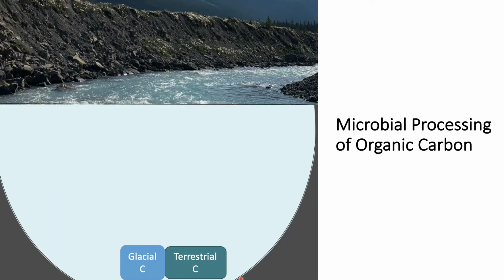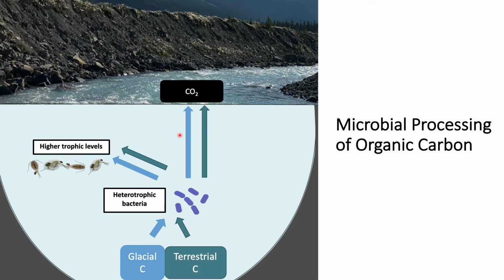Organic carbon characteristics are important because they can be assimilated by heterotrophic bacterial communities, which can play important ecosystem roles in freshwater streams, such as food web structuring, as well as increasing carbon dioxide emissions through respiration. Some studies have suggested that glacial carbon is actually more easily assimilated by these microbial communities because it has a unique structure compared to terrestrial carbon. If glacial carbon is indeed important to microbial communities, then a loss of glacial carbon from the system could change microbial community structure and therefore change the roles that they perform in the ecosystem.